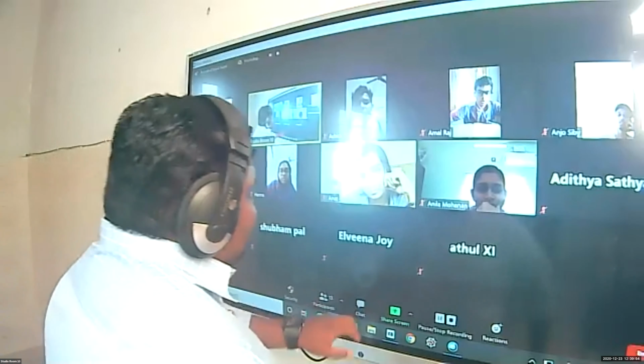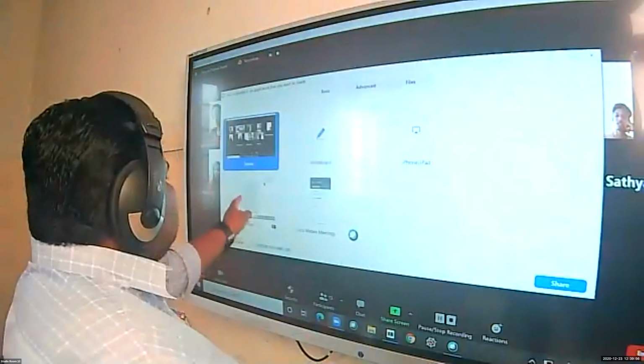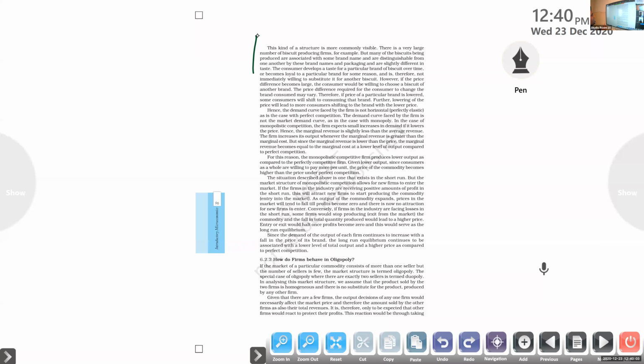So the thing is, if you test these different brands, easily we are able to come to a conclusion. These biscuits are named biscuits, but different in taste, right? Right or not? And brand names also different. Brand names are different. So number of firms are there, they are producing different products. Clear or not? Only the usage is homogeneous, but the products are different, right?